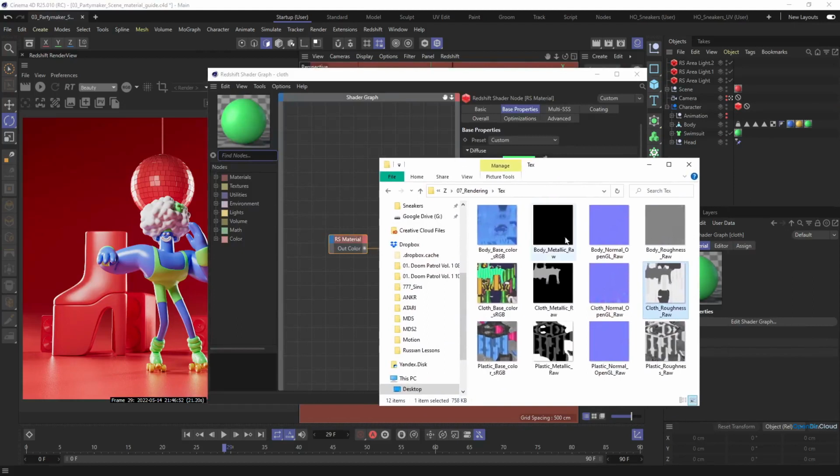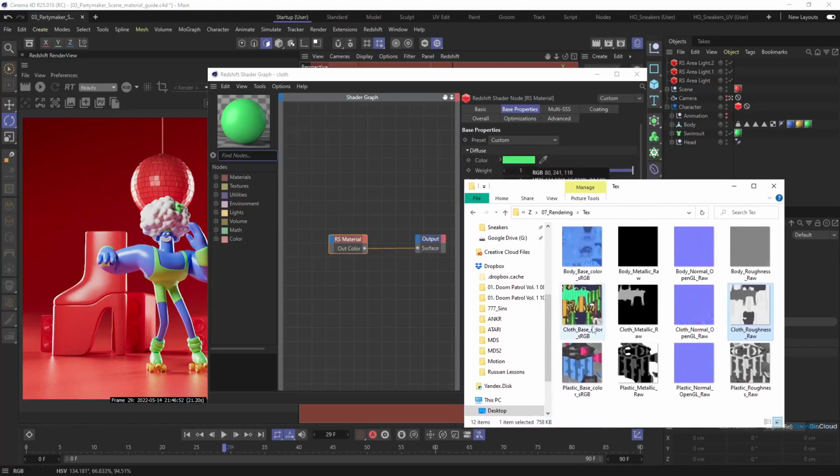You should have 12 maps in your folder, 4 for each set. And we need these maps named cloth. You can select these 4 maps, drag and drop them into the material editor,